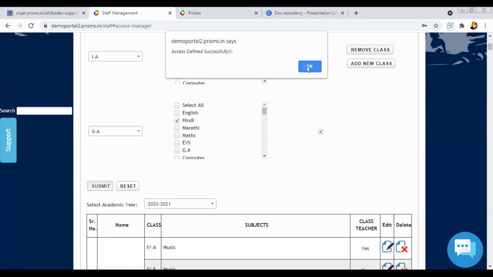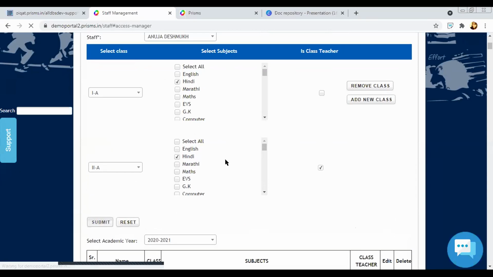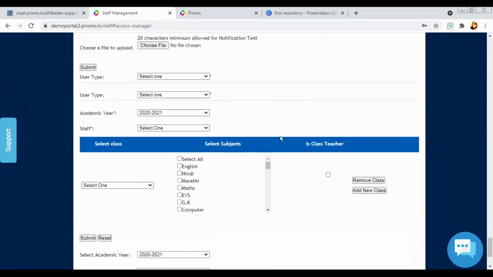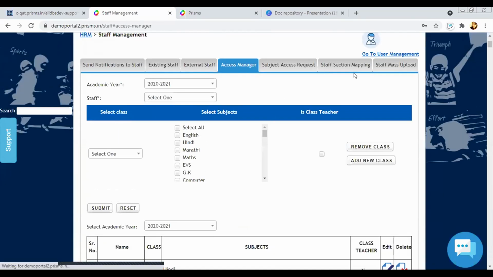Access defined successfully. So having access to the class and subjects is necessary, because without the access, the teachers won't be able to send notifications. You won't be able to give them a slot in the timetable. Also, they won't be able to enter the marks.